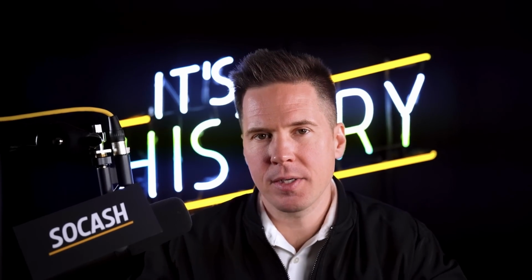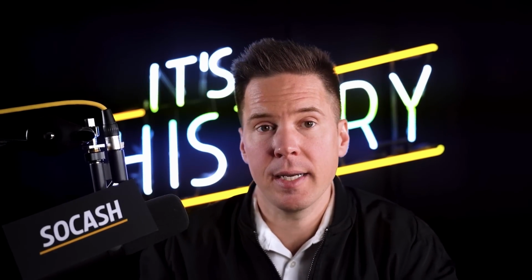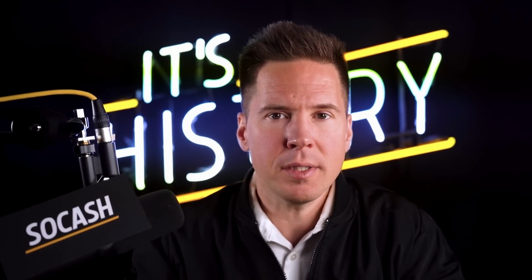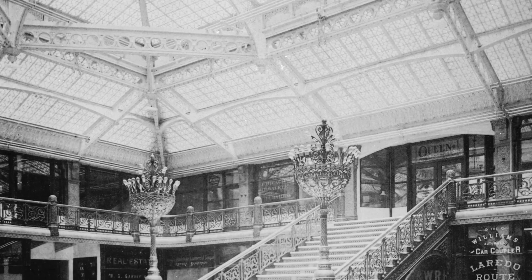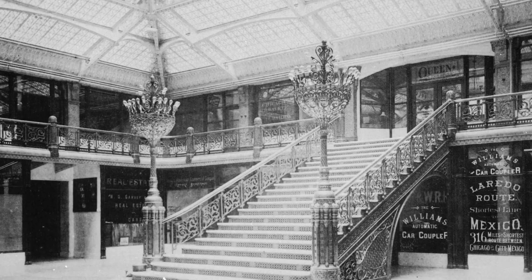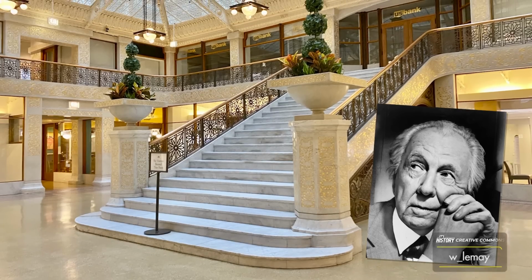With that in mind, it's no surprise that the Rookery Building has been acclaimed as a marvel of design and engineering from the beginning. But as you know, it's changed a lot since its heyday, so let's have a look at the numerous transformations. For example, one of the most notable modifications was made to the building's lobby. In 1905, it underwent a significant remodeling by the renowned architect Frank Lloyd Wright, who gave it his